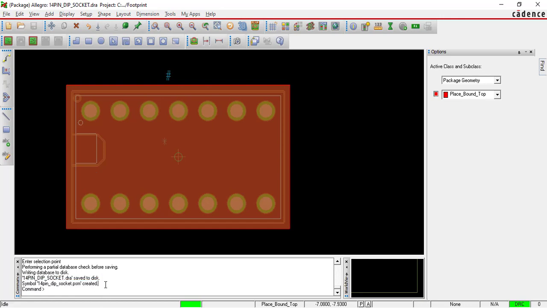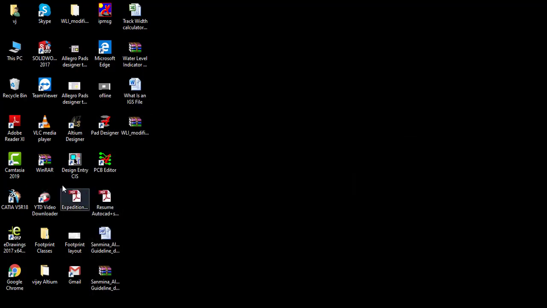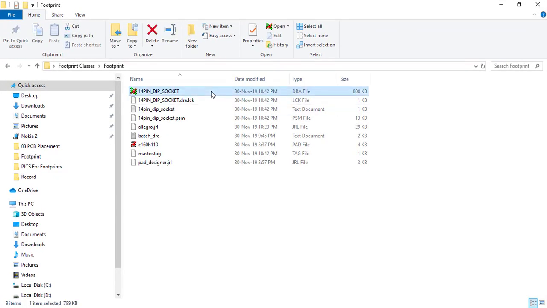Okay now. Right now, our footprint is created. So if you want to verify it, minimize it, go to my folder, footprint. See here, this is my newly created footprint.